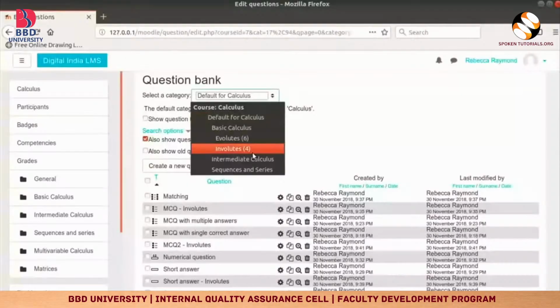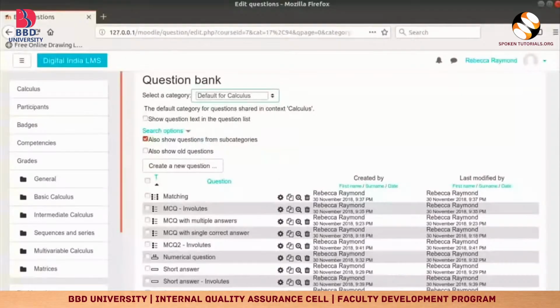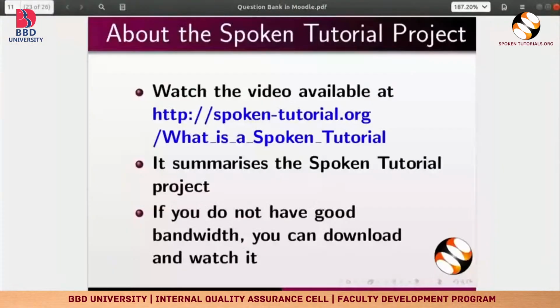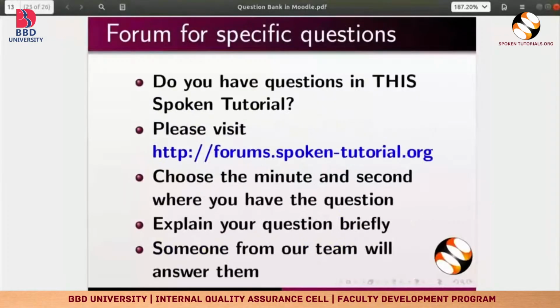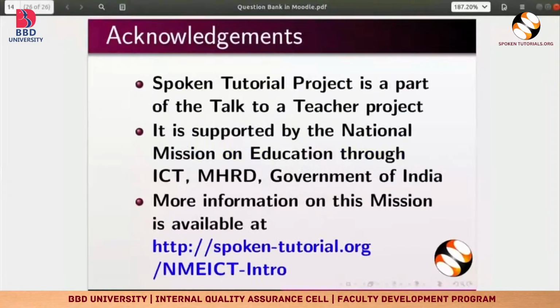Write unit as mm and multiplier is 1. This means the answer choices are in mm. Once again, I will keep penalty for each incorrect try field as 0%. And then scroll down and click on Save Changes button. With this, we come to the end of this tutorial. Let us summarize. In this tutorial, we learned about